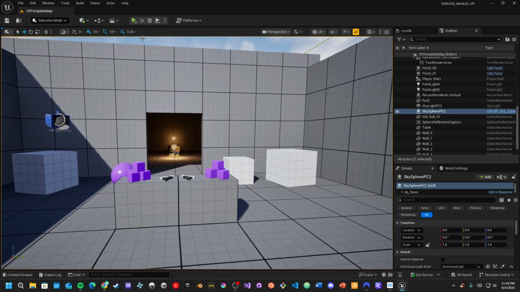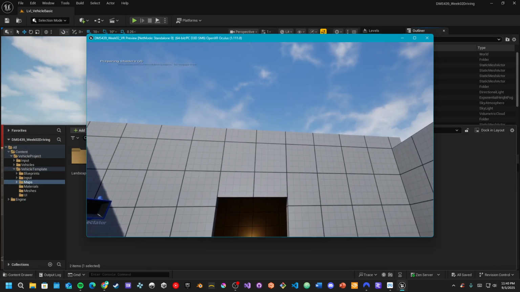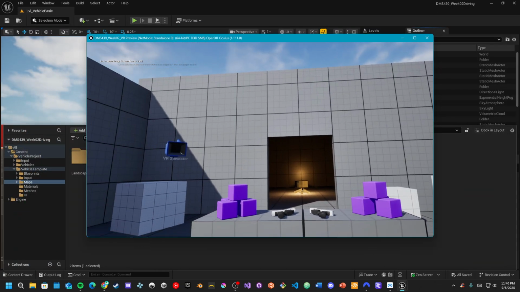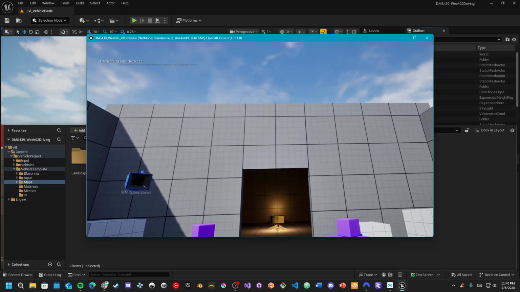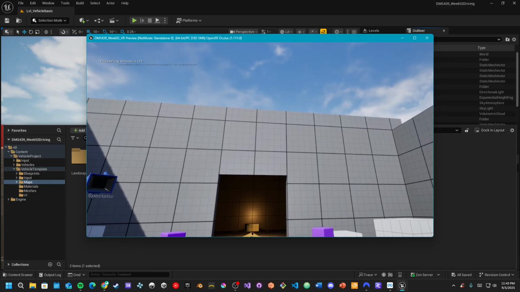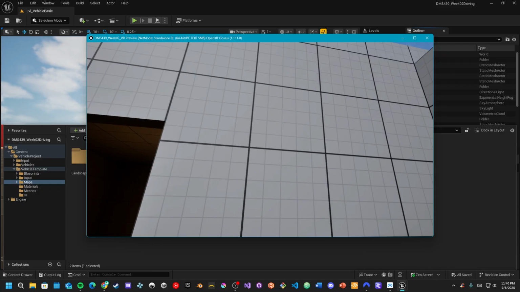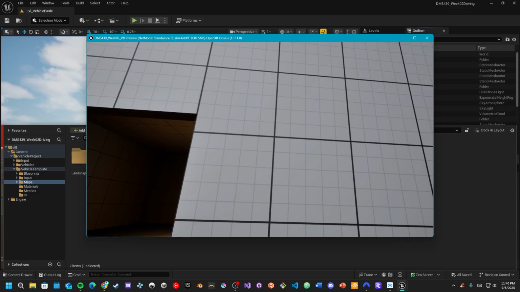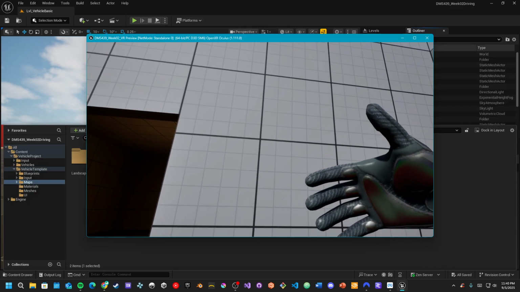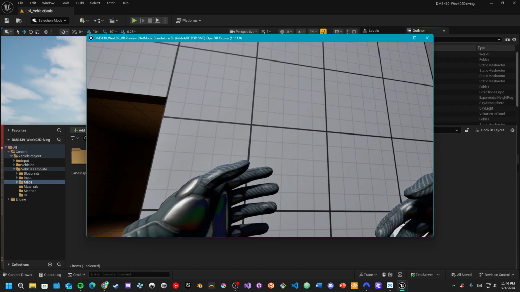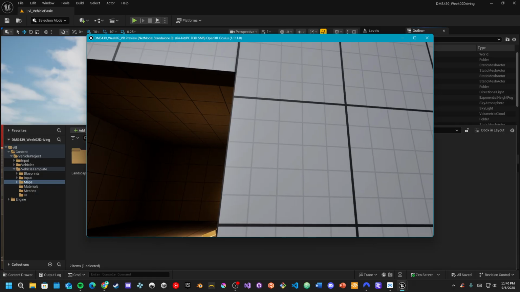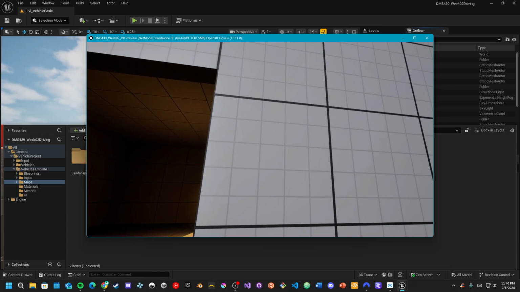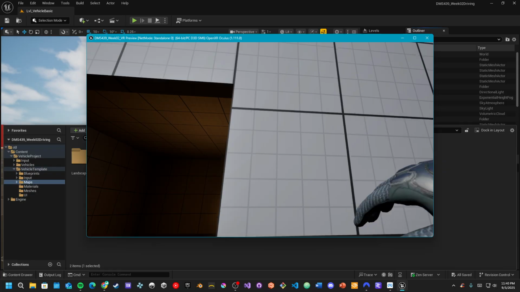Let's see, if I hit the play button, we see my little pop-up window. I am wearing my headset on my head currently. If I move my hands in front of me, you can see that it's the normal VR stuff. So I'm going to exit out of here and